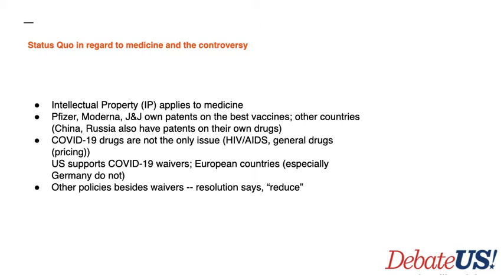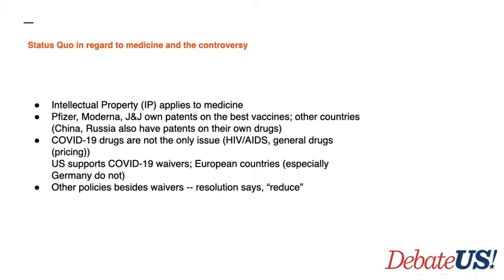So there's a big issue right now in the world about how other countries that haven't developed their own vaccines, maybe have even less effective vaccines, are going to gain access to these drugs that these major companies have patents on. It's not that the companies wouldn't necessarily sell them the drugs, but the problem is that a lot of these developing countries, these poorer countries, can't afford the drugs themselves. And of course, in some instances, we just have issues with production. It's hard for these companies to produce this many doses of the drugs. So there's a lot of this that comes up in the context of COVID-19.